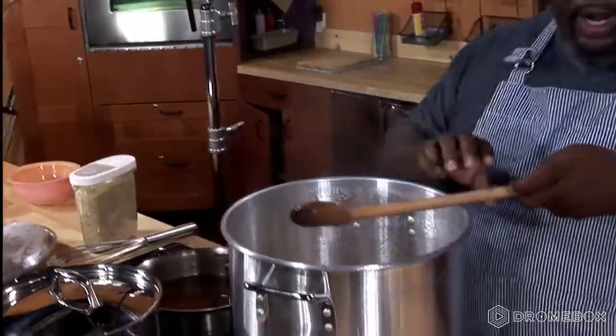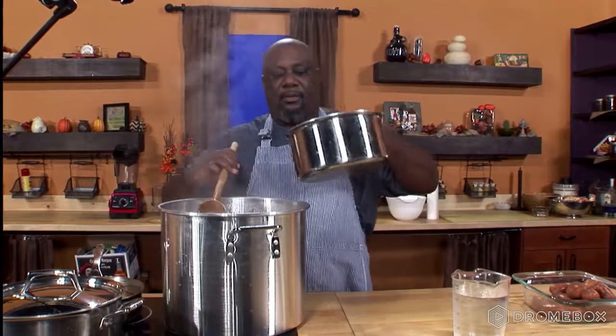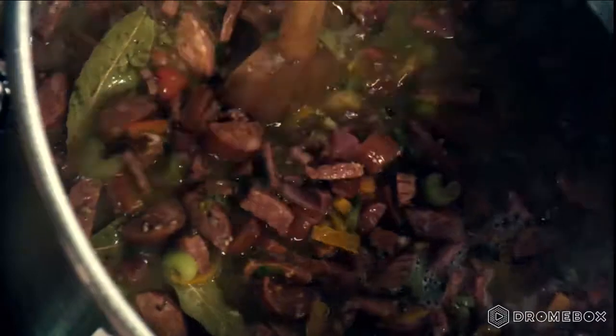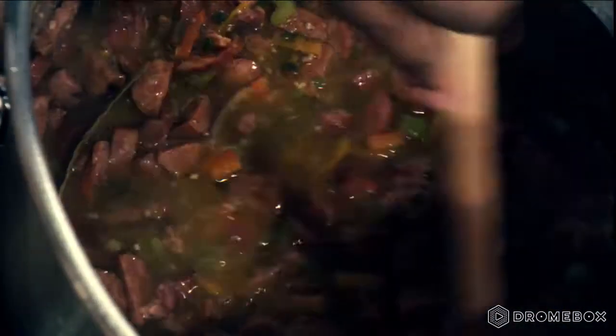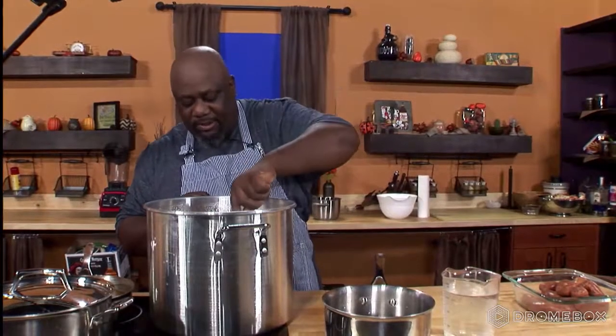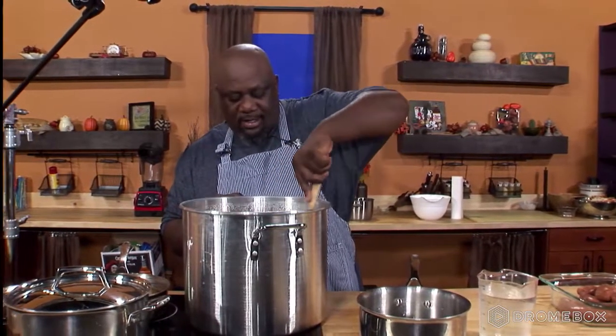All right, so from right here, I'm gonna go ahead, and yes, I do have a pot. The rest of y'all have one too. Y'all cook y'all gumbo with a pot too. So we're stirring in water. The first water that goes in, you gotta stir the pot because you got stuff that's stuck to the bottom, which is good stuff. So use that wooden spoon and kind of maneuver it around, right? Maneuver it around, get all of that, let the water just